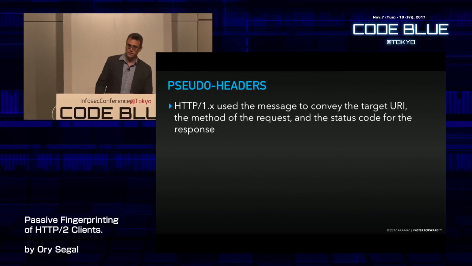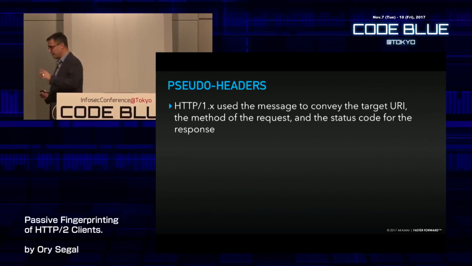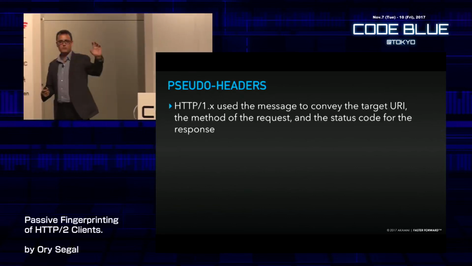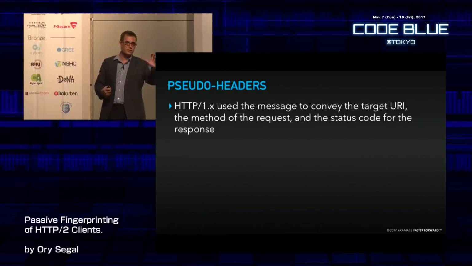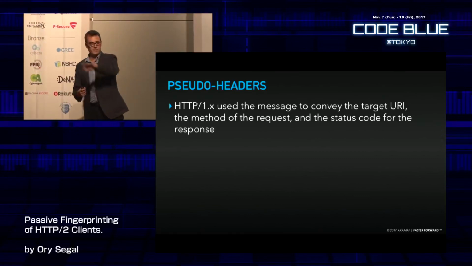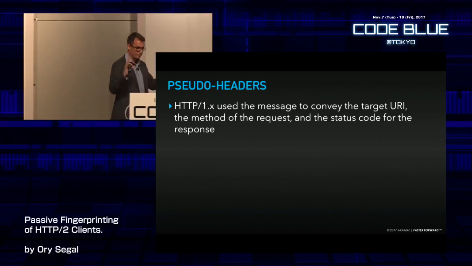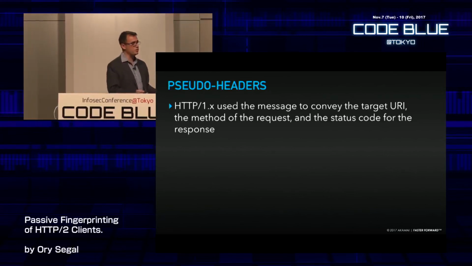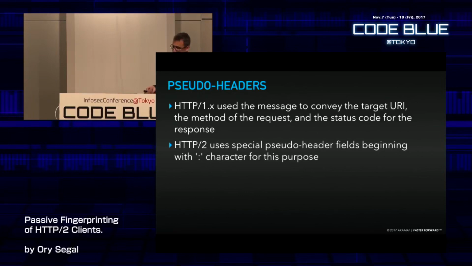You'll see it in a second. So HTTP/1 had the request line. I hope that everybody knows that. You had the method, the path, the HTTP version, and then CRLF, and then you continue. That's the request line. That doesn't exist in HTTP/2. Instead, we use what's called a pseudo header field, which is prefixed with a colon.